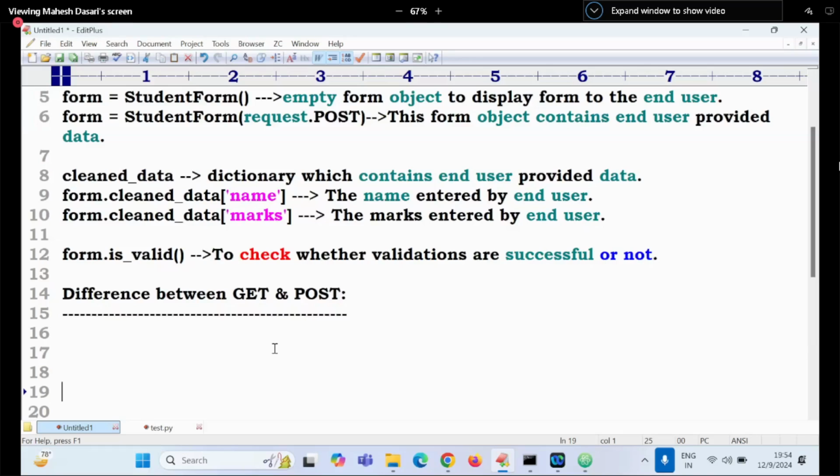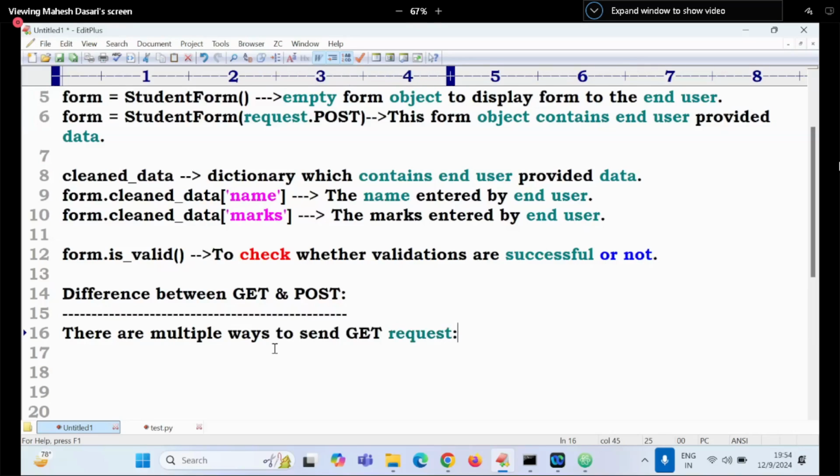Get has so many options, post has only one. There are multiple ways to send the